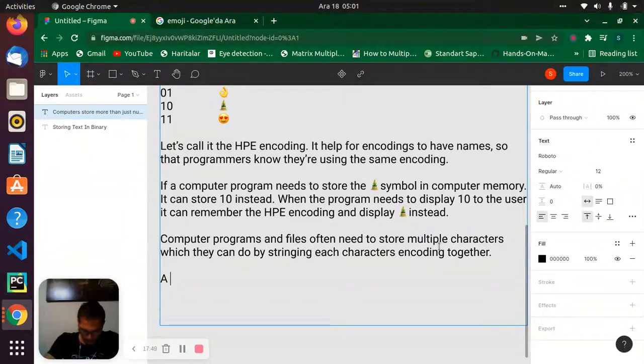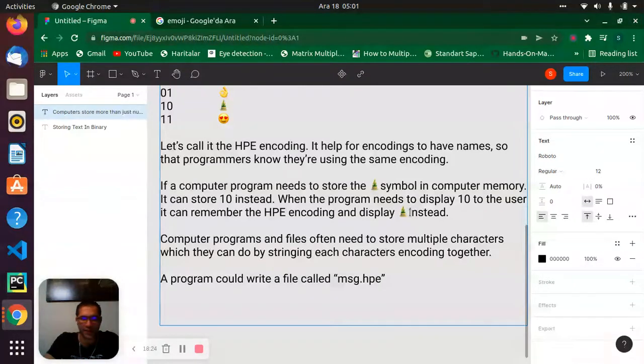I'll say a program could write a file called message. You can think like that. HPA, this is the extension of our file. So message, this one is message. This one is our encoding package. Okay, so in our encoding package we have three emoji there with these binary numbers.